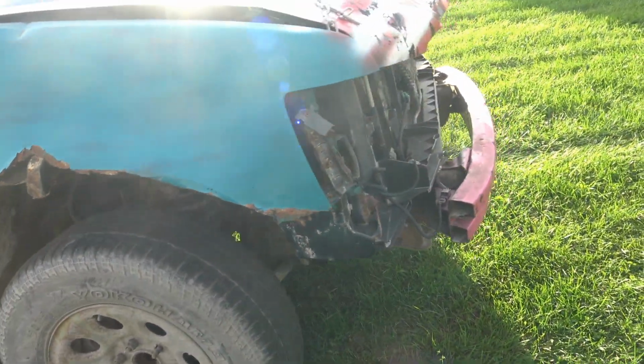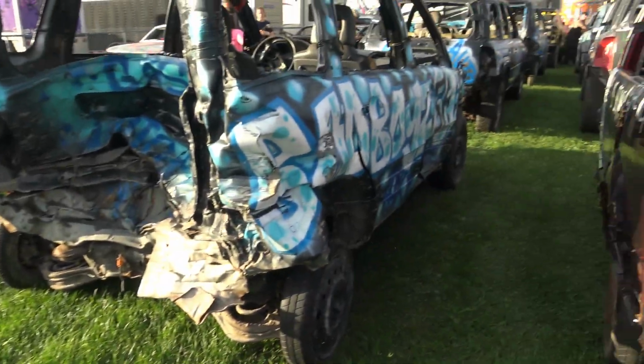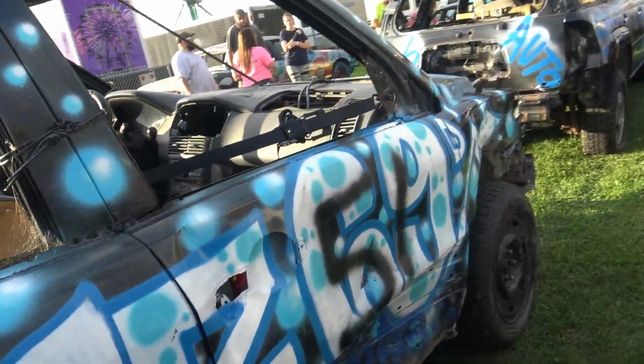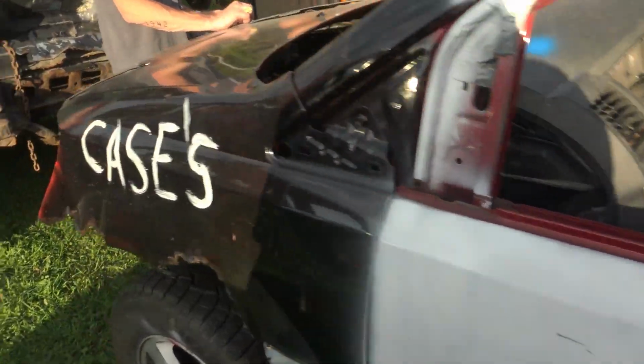See how that holds up. Basically the same, I believe the same exact frame as, I think it's a Suburban actually. In front of that we got a Honda Pilot. This ran at Brookfield. Surprised they're running it with the trucks and SUVs, but to our right we got a